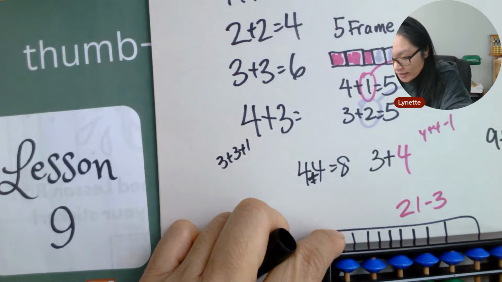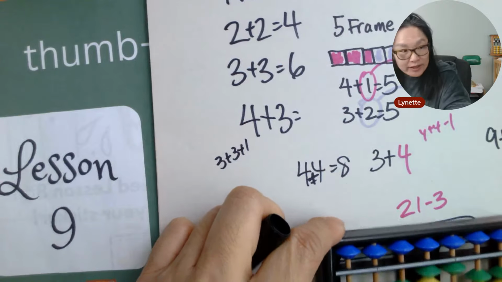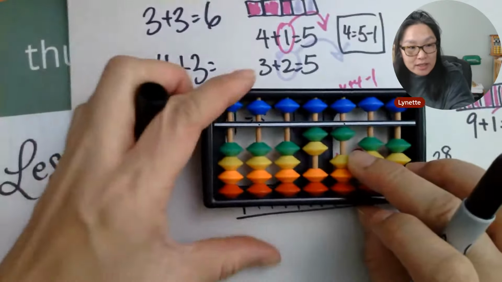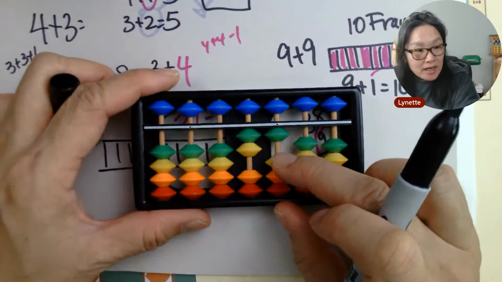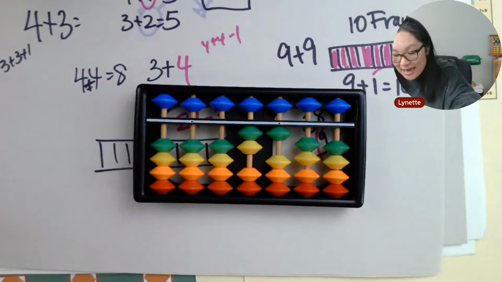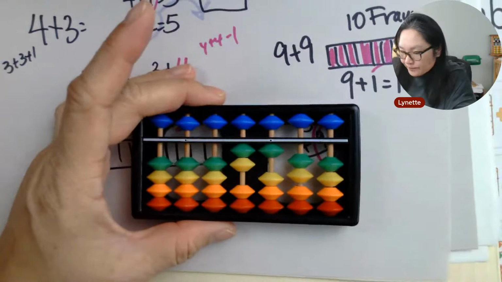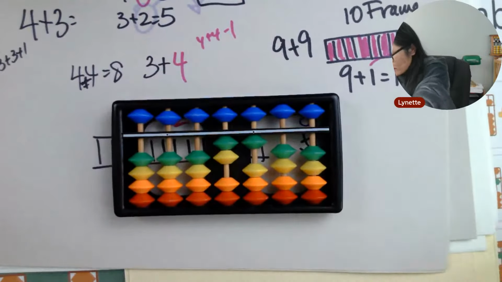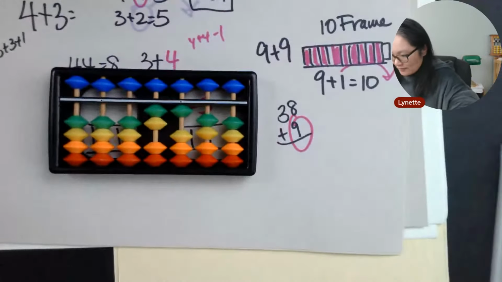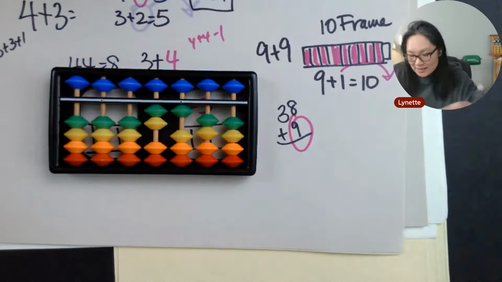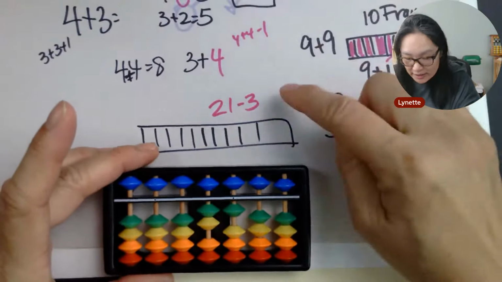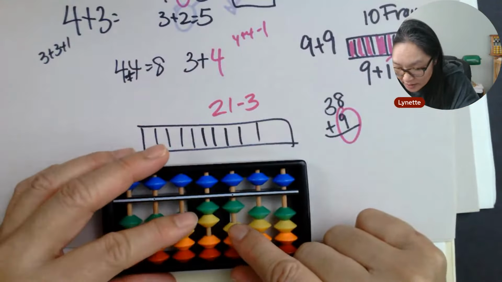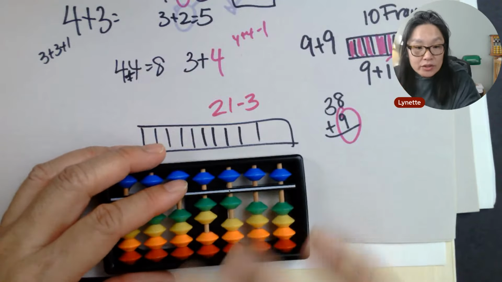Can we take away 3? No, we cannot take away 3. Sorry, I'm not showing it. Can we take away 3? No, we cannot take away 3. So this is where the analysis happens, right? Let me move my stuff so it's easier. And this is where it gets exciting. So we have 21 take away 3. We cannot take away 3. So one thing we need to do is we know